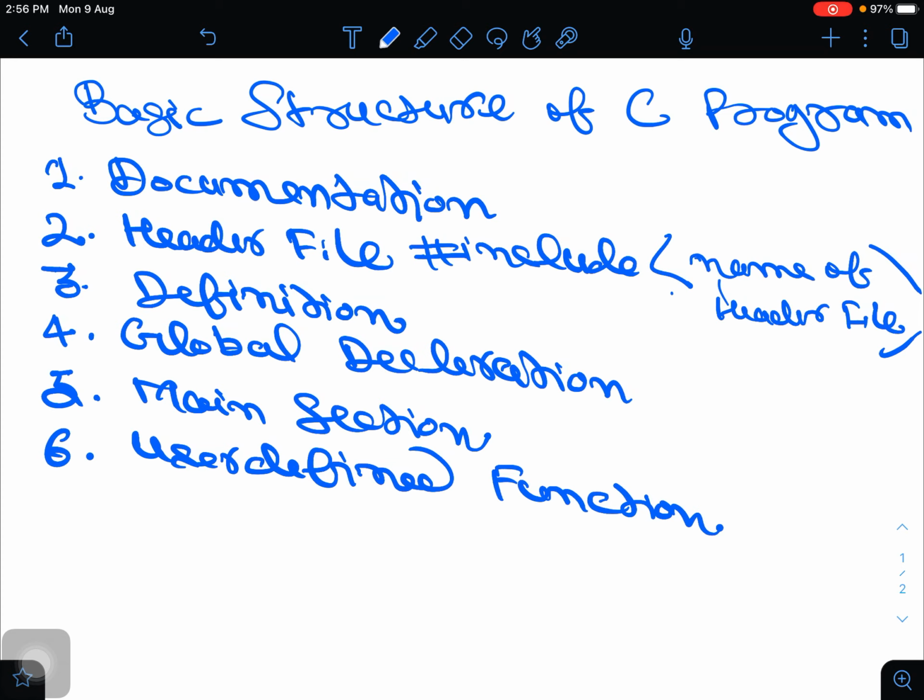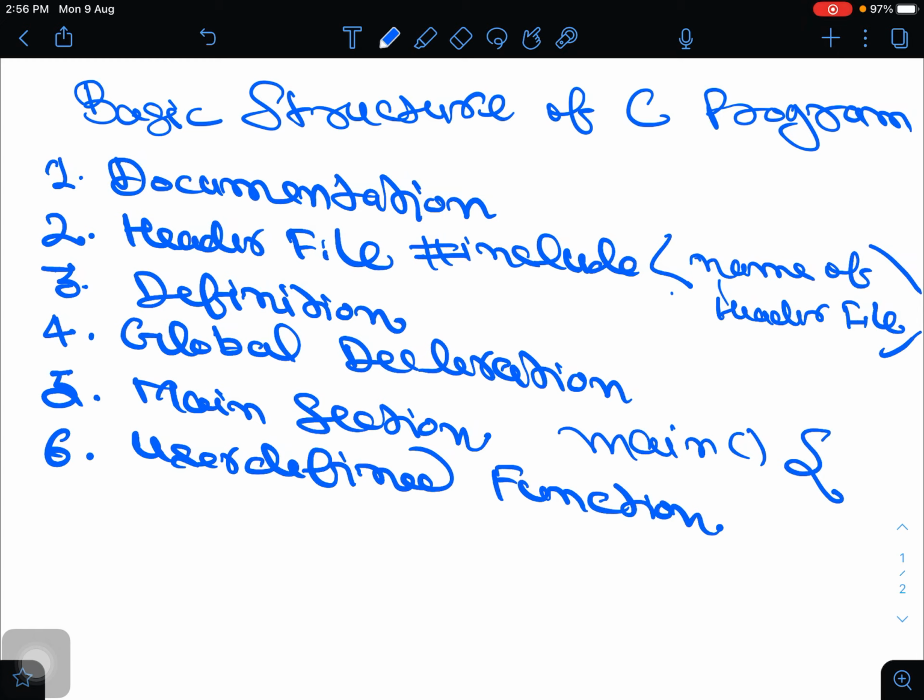From this main section the main part of the program starts, and this can be written as main and parenthesis, and open the main section. This main section informs the compiler that now the main program is starting from here. In this main program we have defined functions and executable codes, and last one is user defined functions.